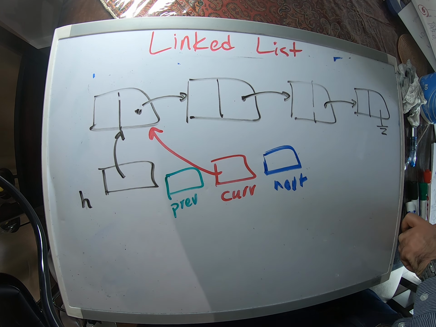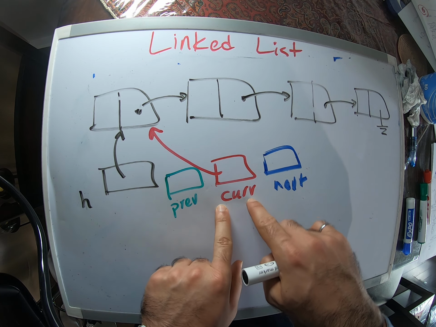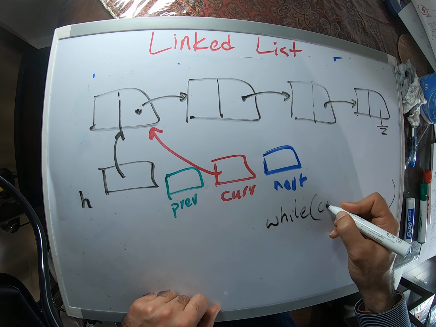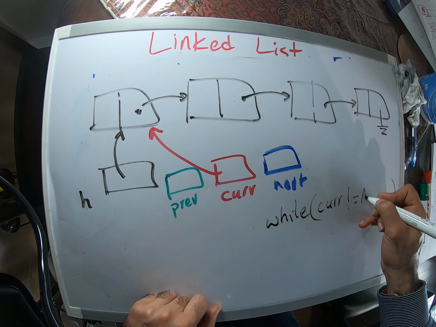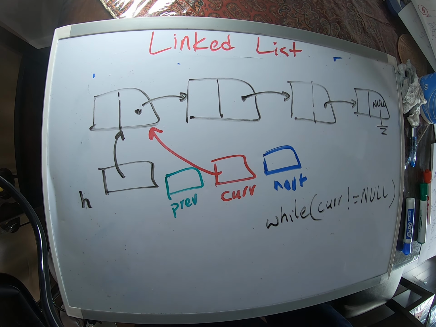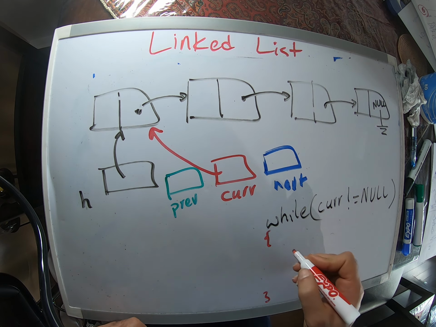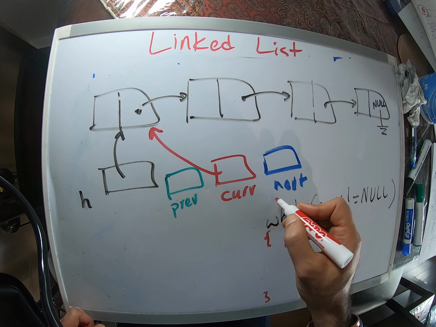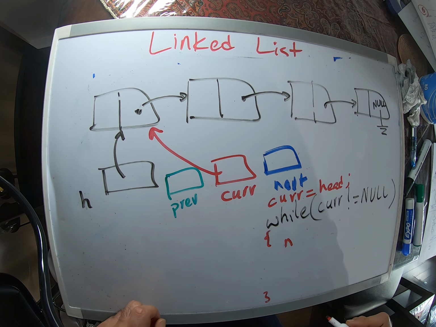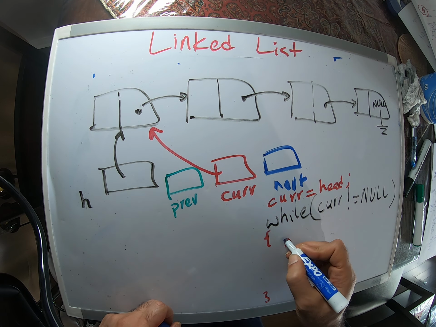So we usually just needed 1 pointer to traverse through the linked list, right? We would just write a loop saying that while current is not equal to null, right? This is null. Now what I'm gonna do here, first of all we initialize current with head. Now we're gonna say next, let me actually call it just